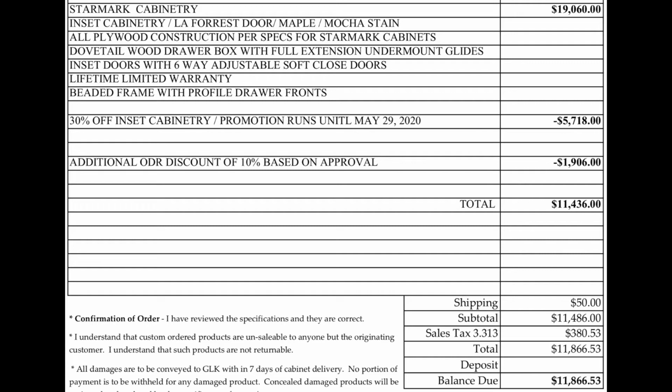Now my old kitchen had, I would say, a similar amount of cabinets, no frills, no nothing. So you're looking, like I said, $3,000 to $5,000. Maybe definitely $5,000, given the years later and probably a couple more cabinets. It was $19,000 and X amount of dollars, and they're running a promotion, 30% off. They're running this deal, that deal. Basically got it down to just under $12,000 for all the cabinets,